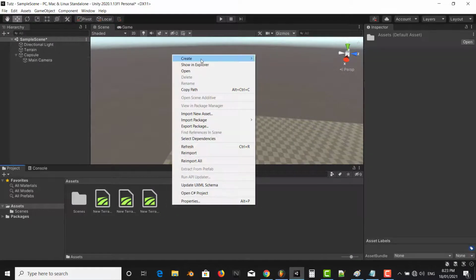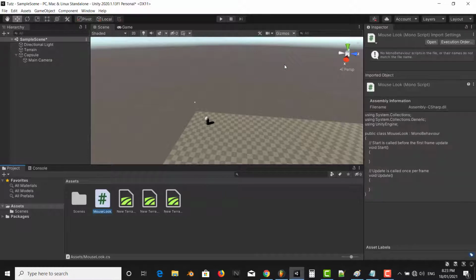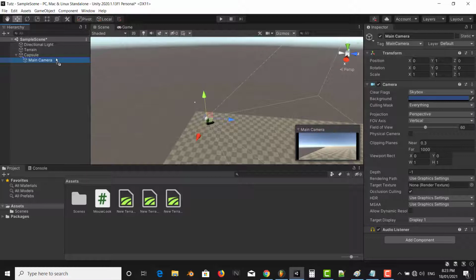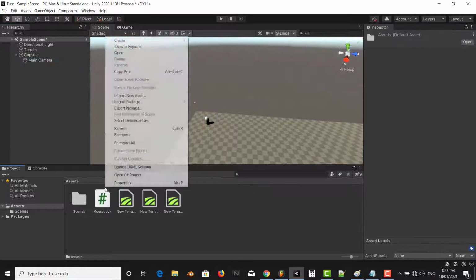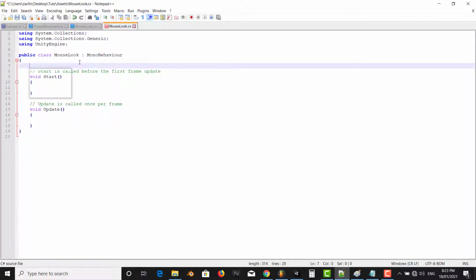Alright, let's go ahead and make our script, C# script, MouseLook. Let's go ahead and drag this onto our camera. Alright, let's go ahead and open our script. Alright, we're going to need a few variables. Public float sensitivity,